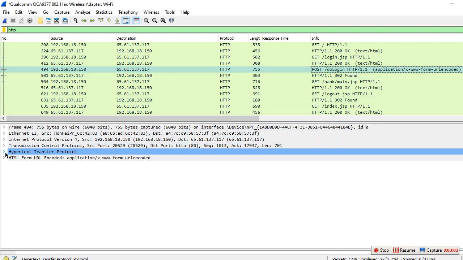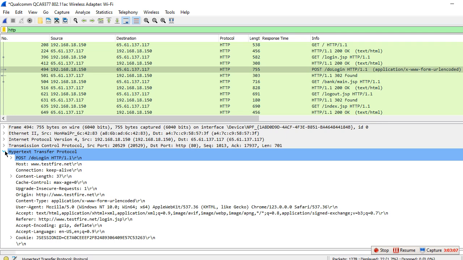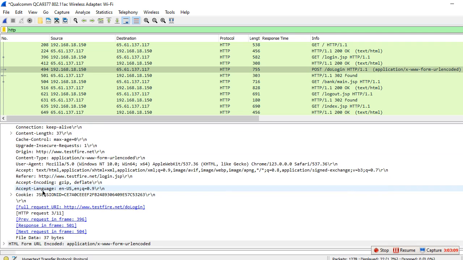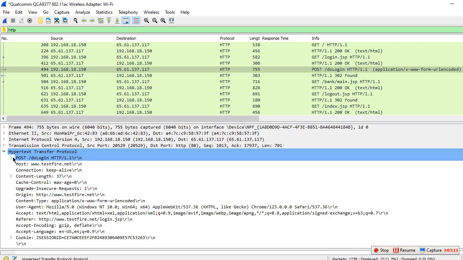Okay, now we can come here to Hypertext Transfer Protocol and POST login.